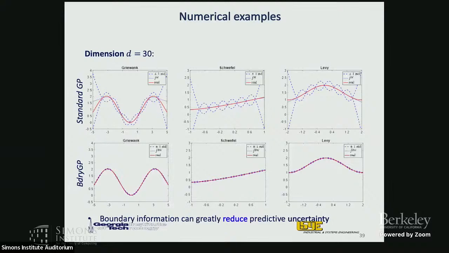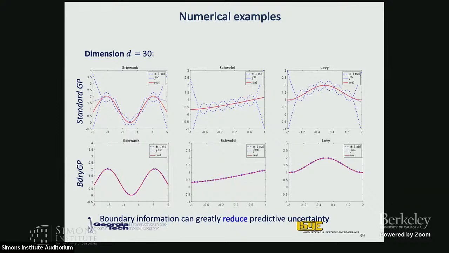Another one is we compare the standard GP without boundary. You can see that in this very standard GP process you have the confidence interval for each point. But you see the error rate is very large, right? The confidence interval is very large. But look at